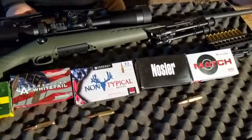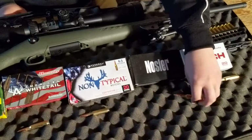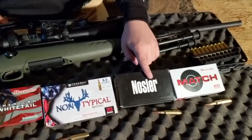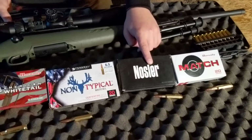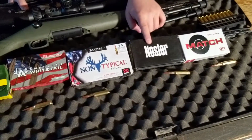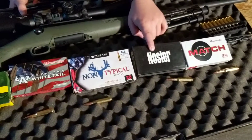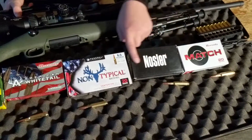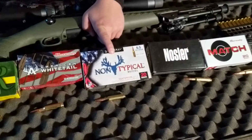And that is a 143 grain bullet. 140, I believe. And this one is cooking out at 2,900 feet per second. This one is our fastest bullet today. This is the fastest load that we have. It's 2,900, 2,700. And now move on to the Federal